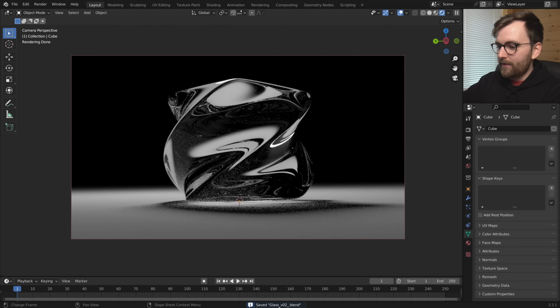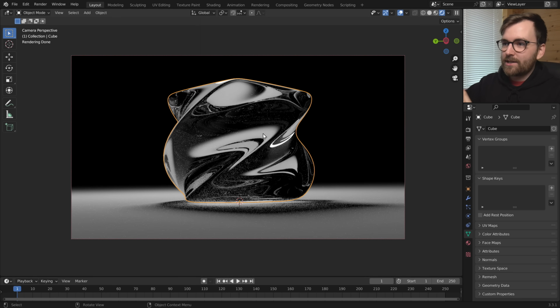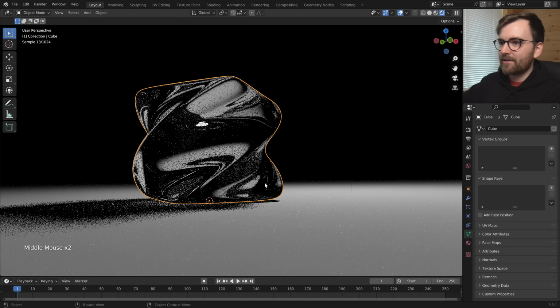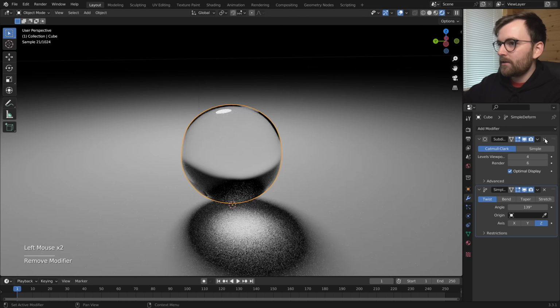Now you can see we're in the version 2 file and our version 1 is perfectly fine. So let's turn this cube into a sphere and then let's give that sphere some displacement texture. This looks really smooth, by the way. I really like this look. To make this into a sphere, let's go to modify properties. Let's get rid of the bevel. Let's actually just